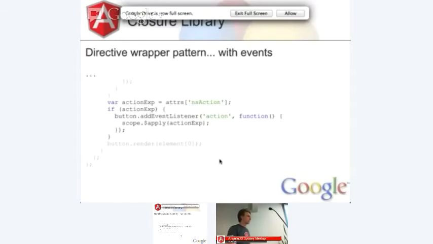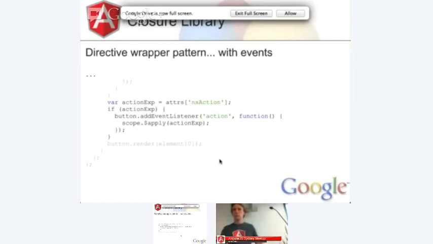Excuse me. So the result will come back on that button, is it? So in this case, you could attach whatever event you liked. This is a button that you could click, it could open a pop-up, or it could assign a new value to a variable. And the point is, say that you had ng-action equals some variable equals hello world. Then when you click the button, if you have another text box that's showing the value of that variable, that text box would now show hello world. And the scope.apply makes sure that Angular knows how to connect those two things.